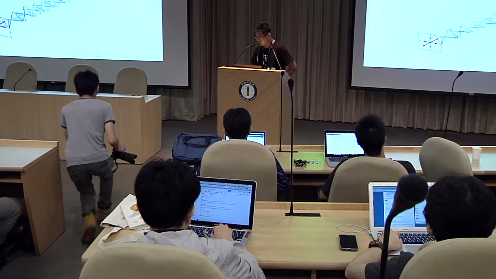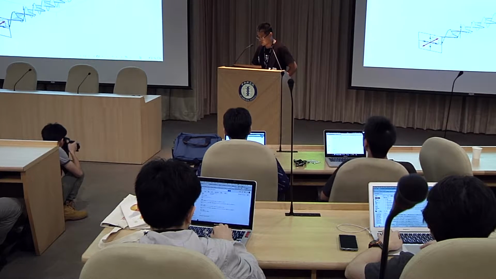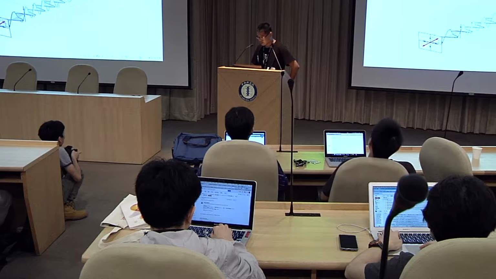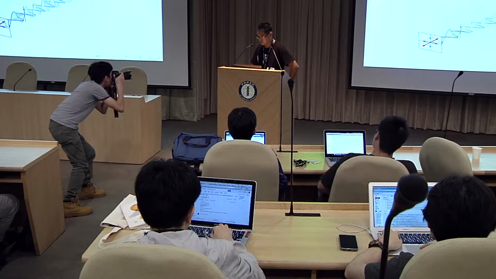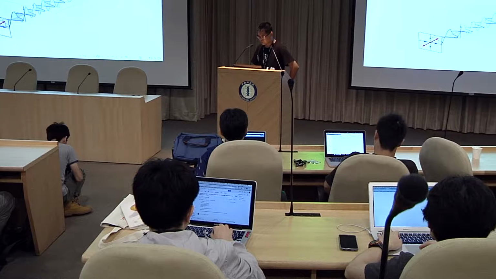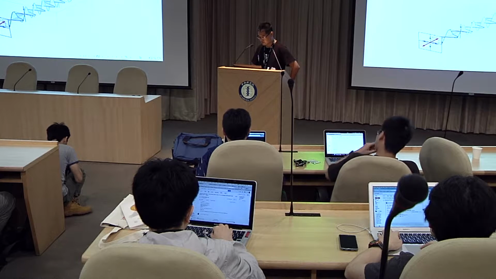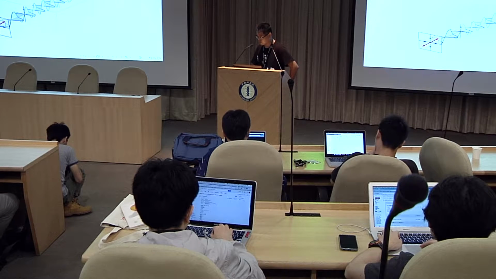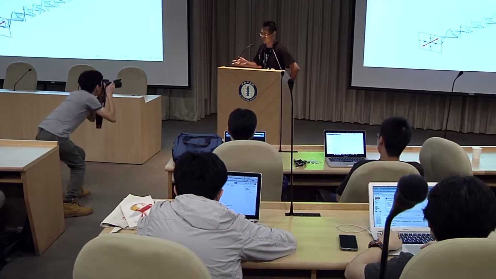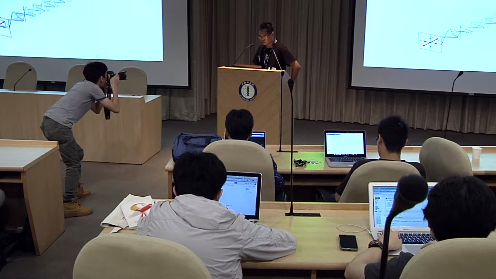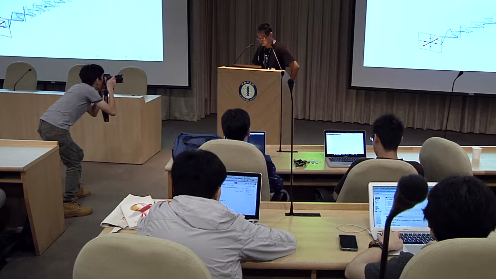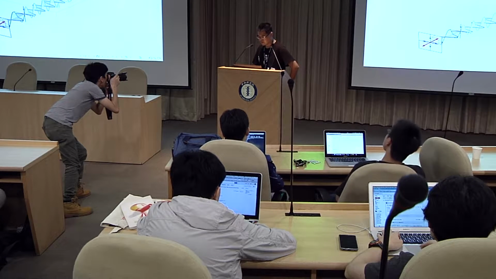You can see that if this light comes into this material from this direction, it is initially linearly polarized along this direction, and the electric field is decomposed into these two components. But they have different refractive indices, so they propagate with different speeds. So it's linearly polarized, and while it propagates through this material, maybe a crystal,